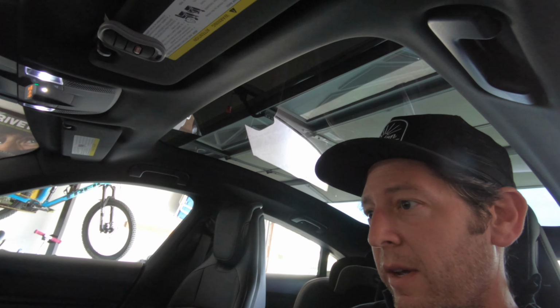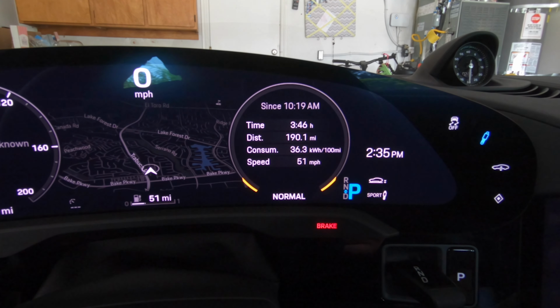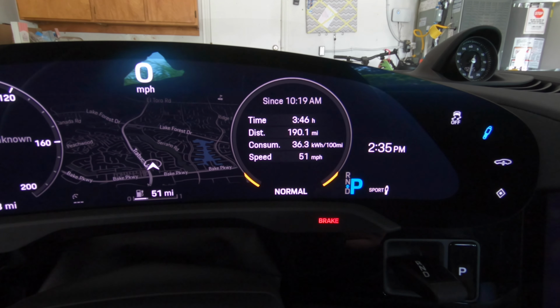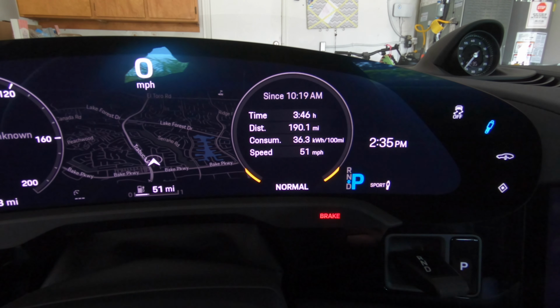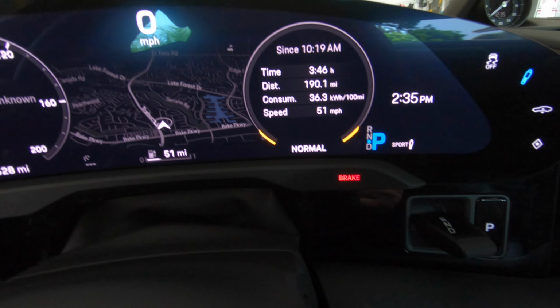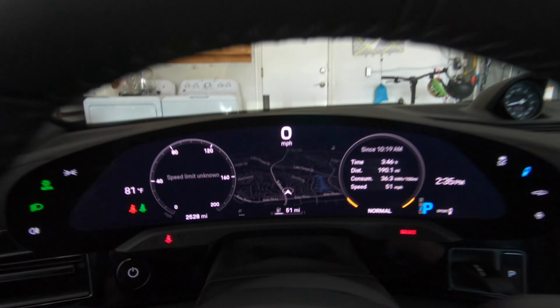All right, well, there you have it. Let me see if I turn this car back on, if you see what it says, because I just turned it off and it took away all this stuff. Okay, so there we go. That says 3 and 3/4 hours, 190 miles, 36.3 kilowatt hours per 100 miles, 51 miles to spare, and that's with me